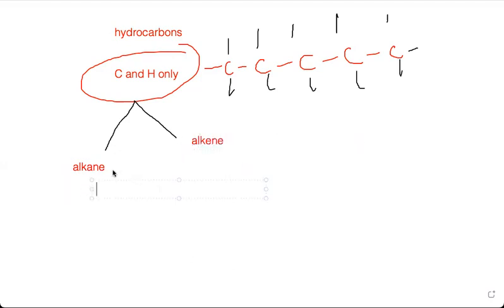What is the difference between them? In alkane, carbon is making a single bond with another carbon, or you can say carbon is joining another carbon with a single bond. This is alkane. And in alkene, definitely carbon would be making a double bond with another carbon. This is alkene. Keep in your mind, if the whole chain like this one, let me show you here, just check this one.